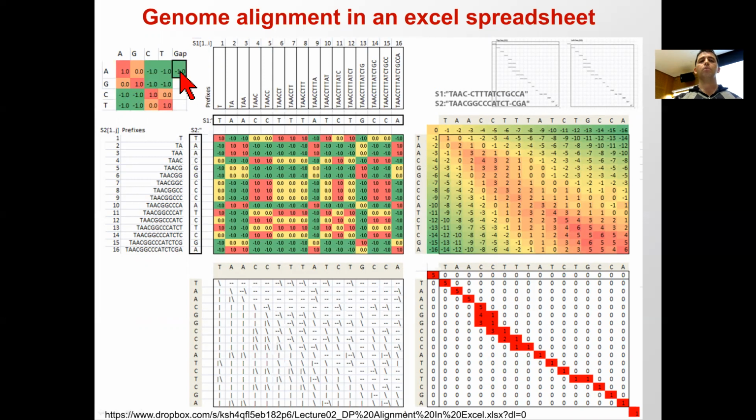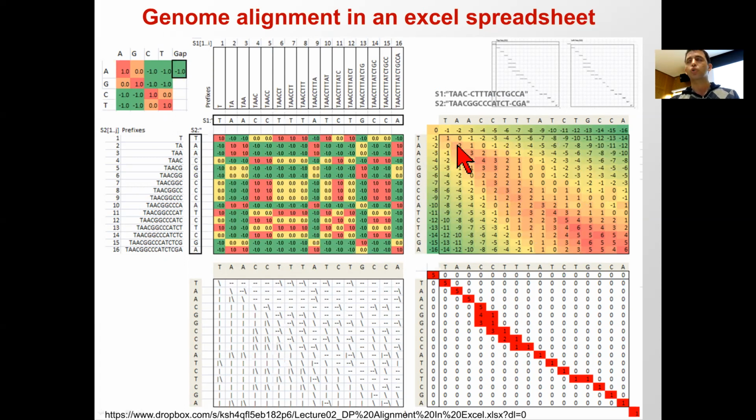Okay, and then I have my gap here. So you enter your parameters here, and then you let it loose, and you type your sequences, and this is just the score. Every time you have a match, TT, AA, etc., you basically have 1, and every time you have a mismatch, you have 0, or a transversion, you have -1. Okay, that's just looking at one character at a time. Then comes the actual score matrix. So basically, I could have just written that, but it's simpler to first see this. So then at every position here, what do